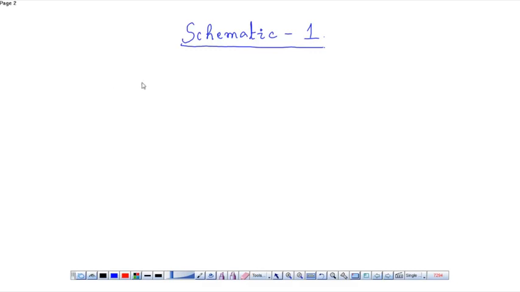Now I have to place the PMOS in series and the NMOS in parallel. This is my PMOS 1, PMOS 2,